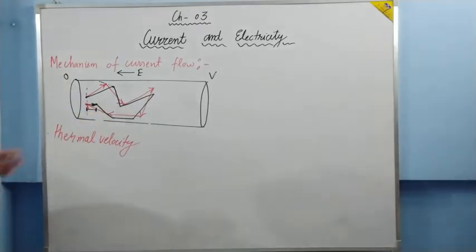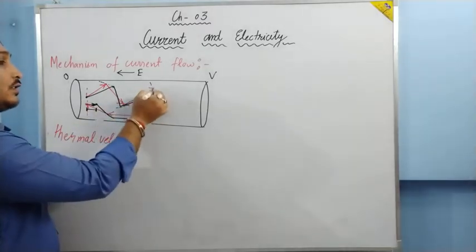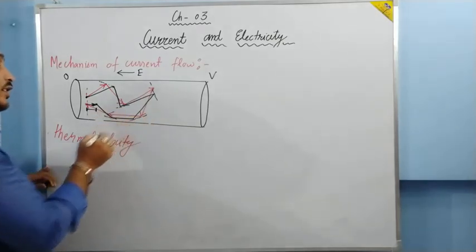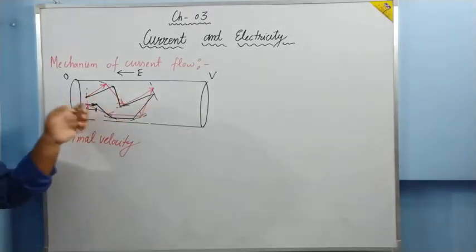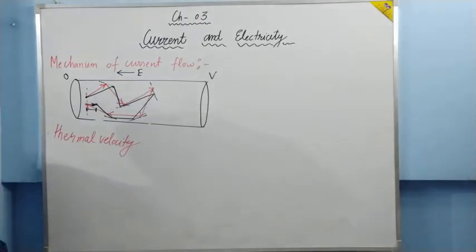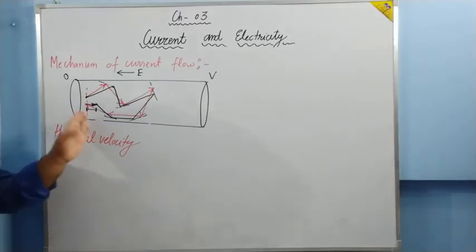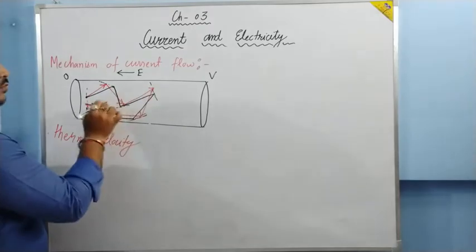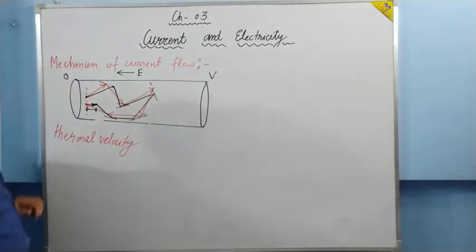And why is it so? Because suppose it strikes over here like this, it strikes over here like this, it strikes over here like this. These are the points it strikes. So why is it pulled over that side? Because the electric field is pulling the electron opposite to itself. Is it clear? So now the electron is moving a distance ahead. For each collision, it has moved opposite to the electric field. And now the electron is drifted by the electric field.